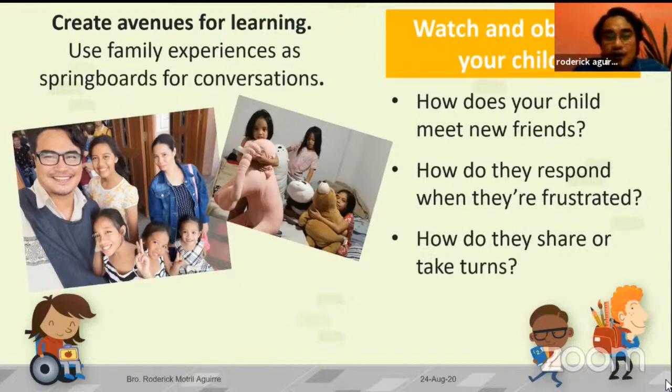Next, how do they share or take turns? Ang problema kasi ng mga batang to, kids would be agawan. Uncle, kinuha ni ate yung ganito. Uncle, okay, yung ibang ginagawa ng mga magulang ay para wala na, tumigil na lang ganito. Okay na yan, ibigay mo doon. Ang ginawa ko, no, baby, you have to share. She's not getting it from you. So ikaw naman, JD, you ask permission from your ate that you want to use that.